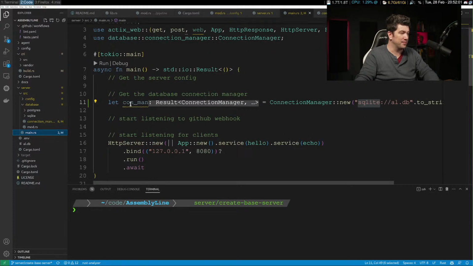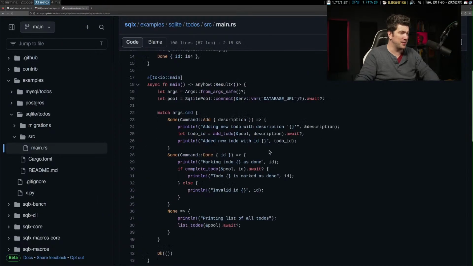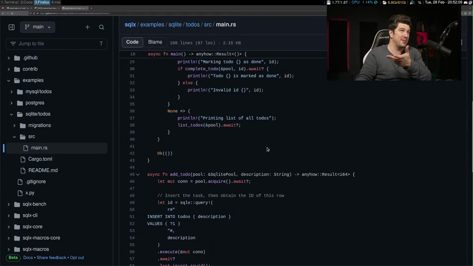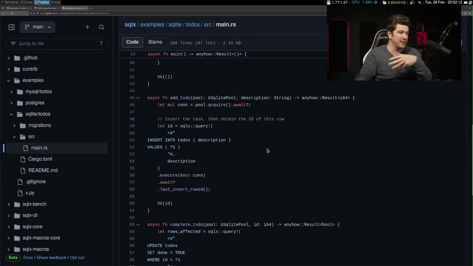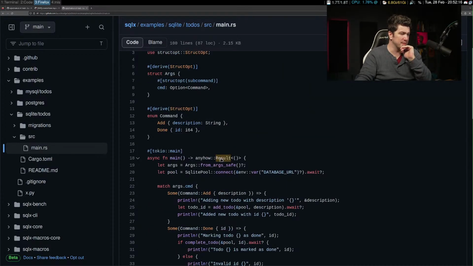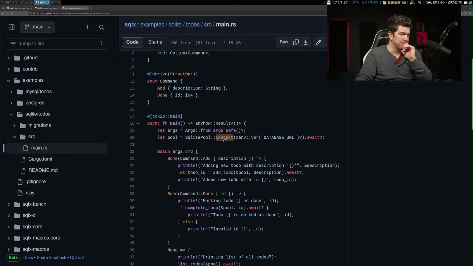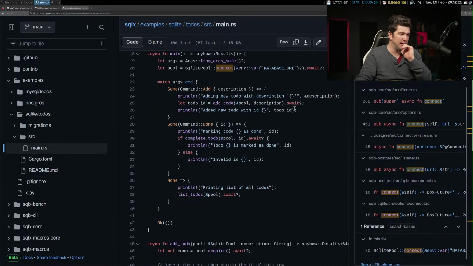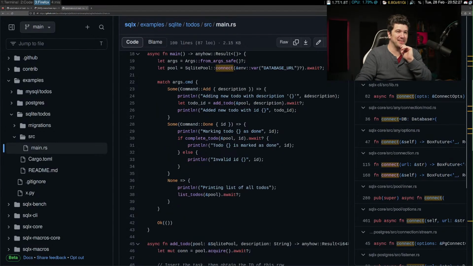I value your input. All right, so now that we have this connection, we should be able to execute things on it. And I just want to do a create table. Maybe we should do a get table, and if it doesn't exist, create it as an opening thing here. Let's see what they do here for this. They do connect, and then this is actually super awesome, where you can search through this function connect.